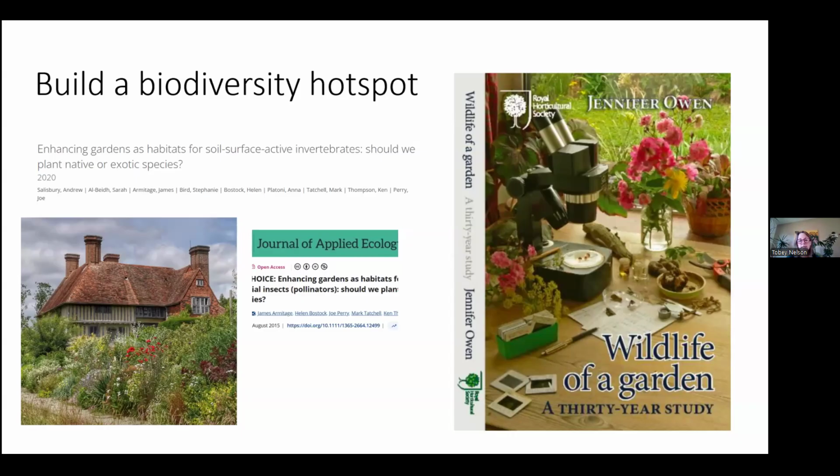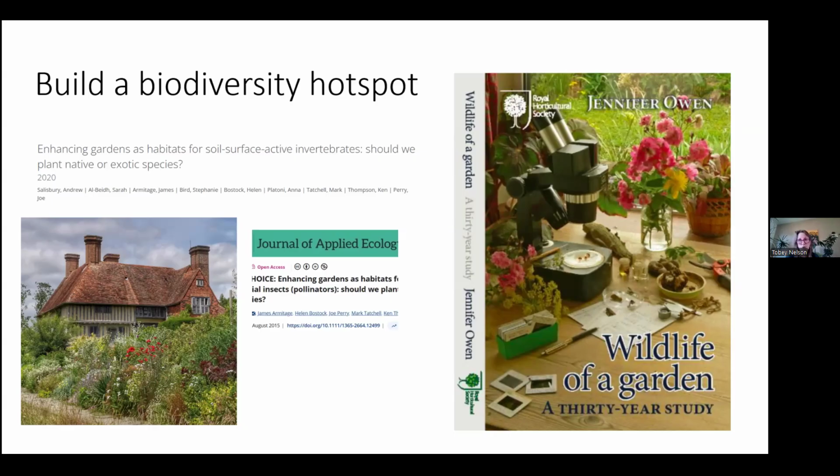And so there is a really convincing argument to not be so puritanical. And yes, it's important to include natives, but it's okay to include other things too, as long as they're not invasive, so that we can really support a range of critters and give them, basically it's like that food desert concept, like some populations are underserved because there's not a